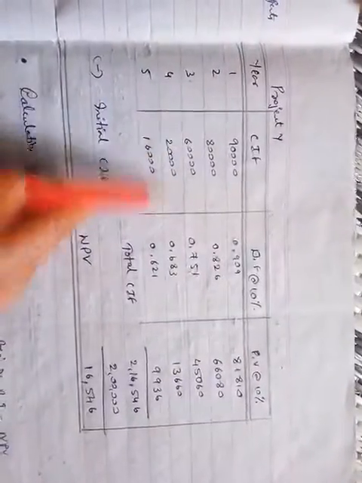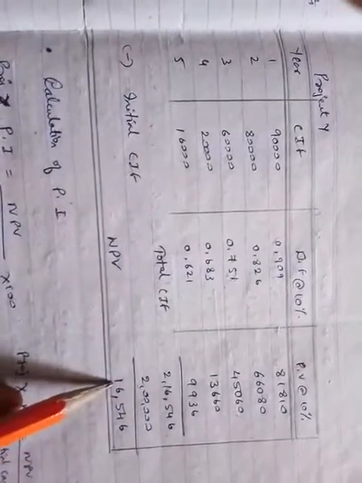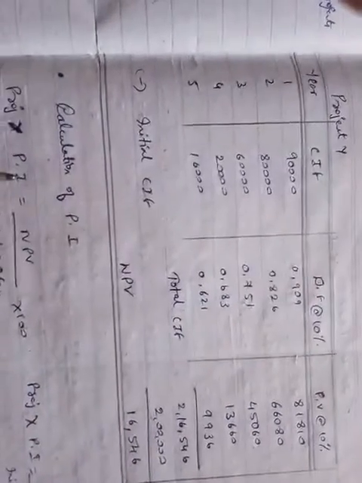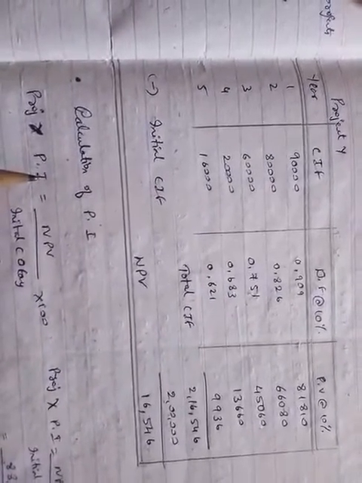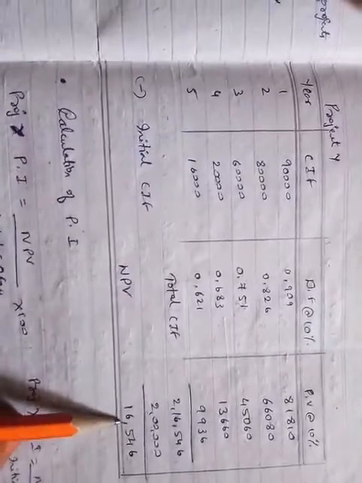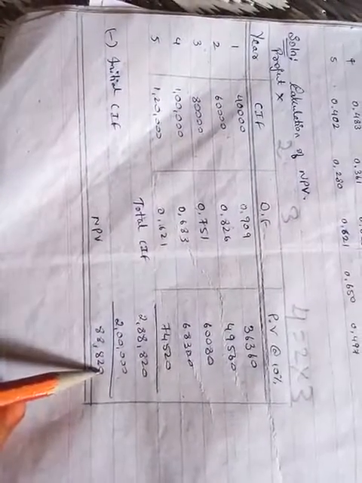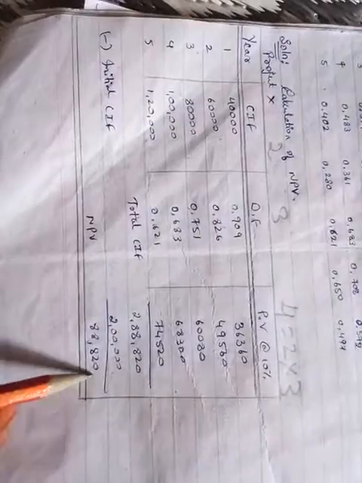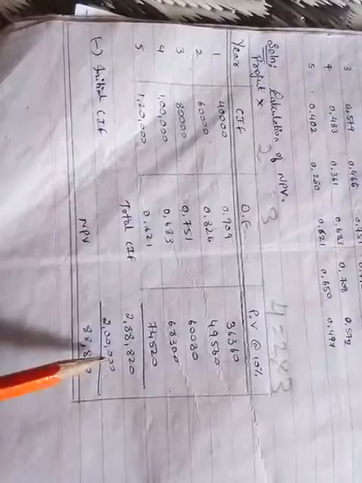In the same way, you need to calculate it for project Y also. In project Y also, we have calculated NPV by using the same procedure, and NPV here is 16,546. So now by using NPV, you need to give the recommendation. You need to decide which is the most suitable project. So the NPV of project Y is 16,546, and the NPV of project X is 88,820. So project X is having the highest NPV, so it is most suitable. Based upon the concept of NPV, we can recommend that project X is most suitable.